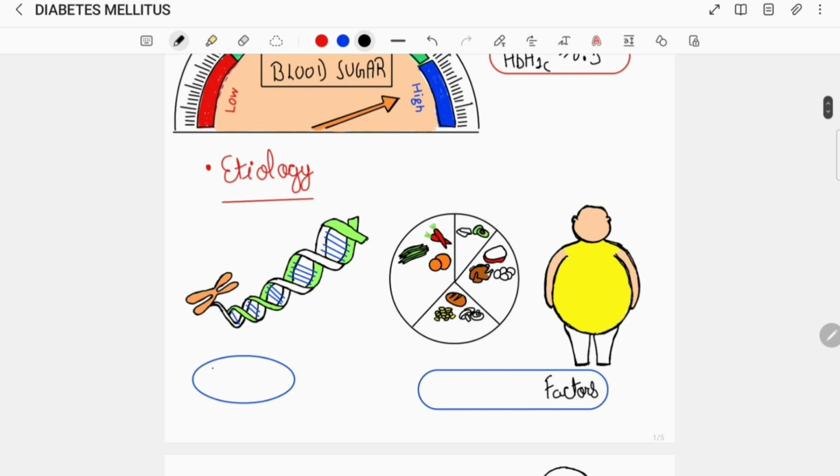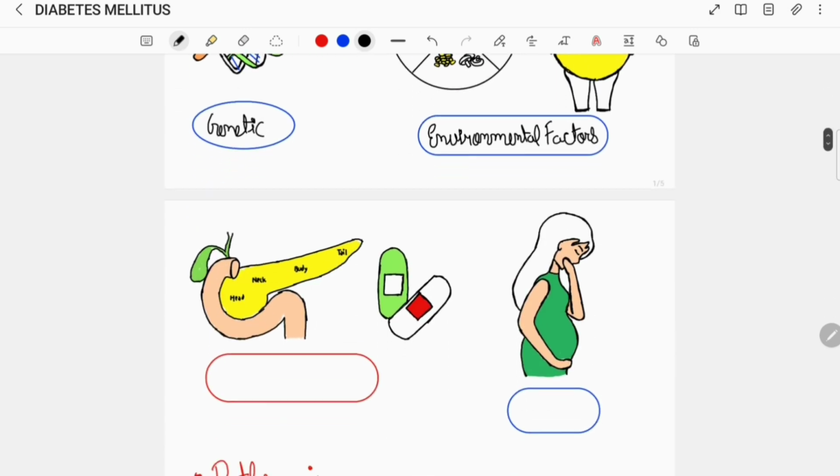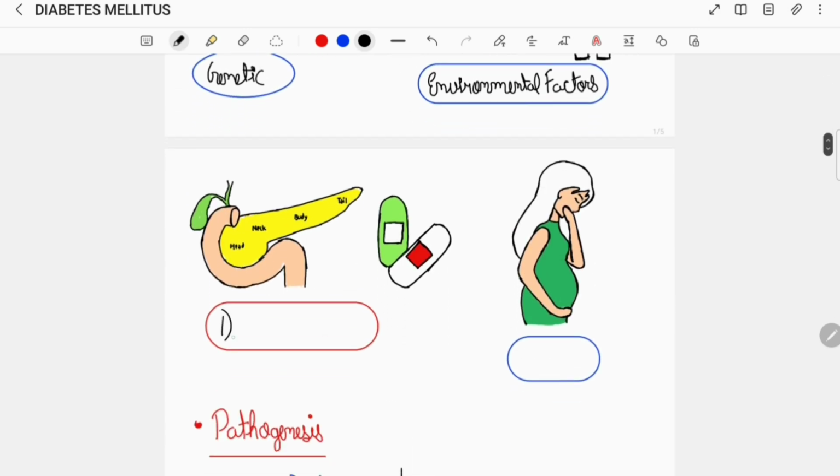The exact cause, or say the etiology, of diabetes mellitus is not known, but it is known to have a strong genetic association. Risk factors involved with development of diabetes mellitus involve environmental factors such as diet and obesity, or can be associated with certain diseases such as disorders of the pancreas, or can be associated with consumption of certain